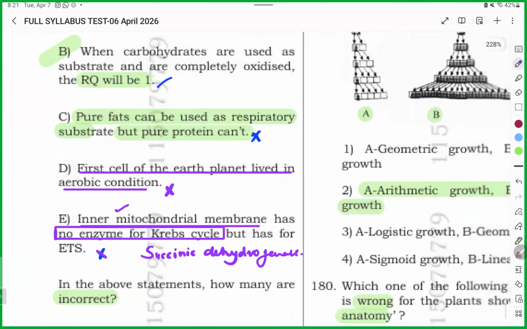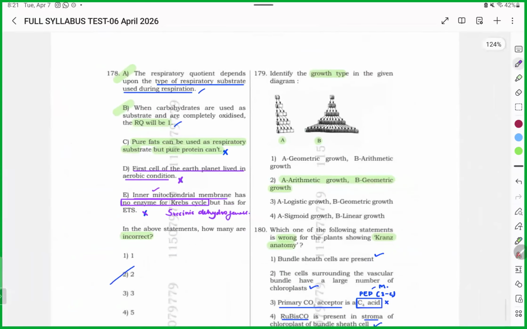Any doubt, guys? So, when you see this question, first two options are correct, last three wrong. So you will try to mark, okay, answer is two statements correct. But they asked,